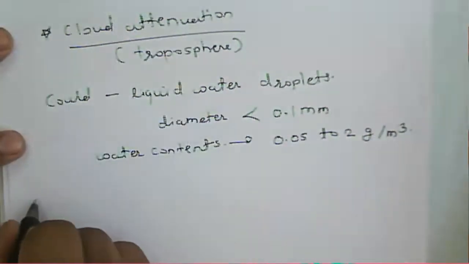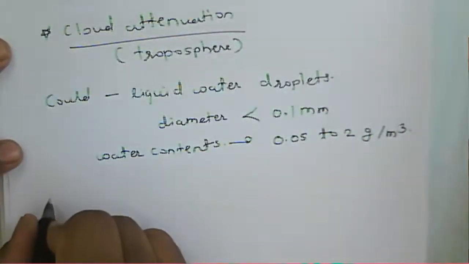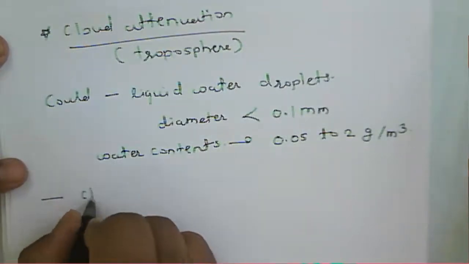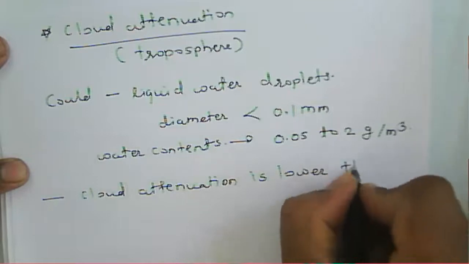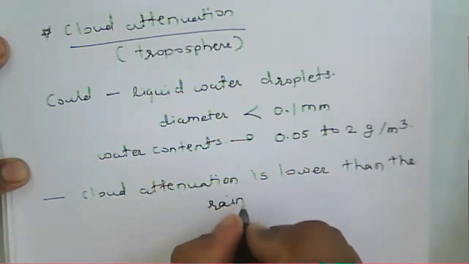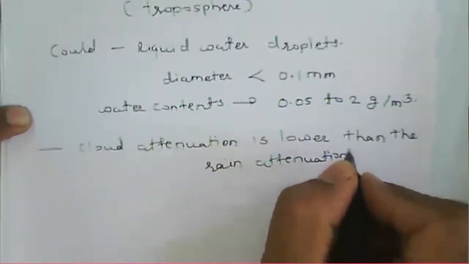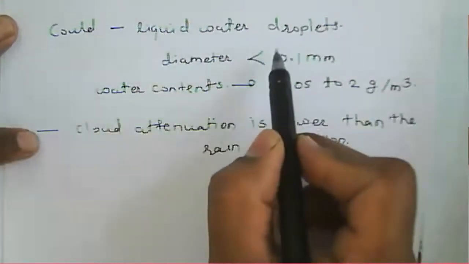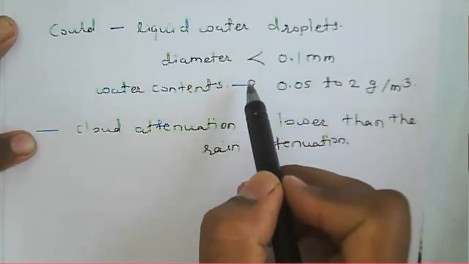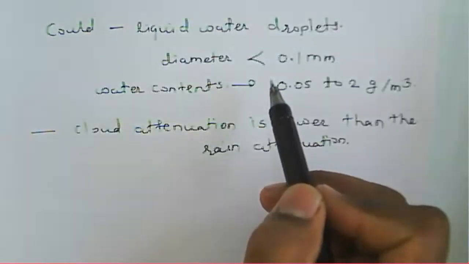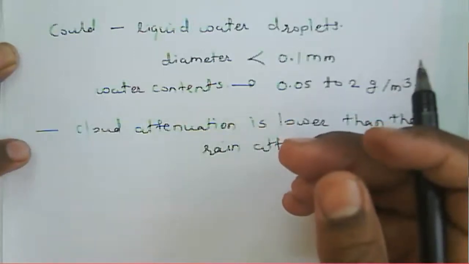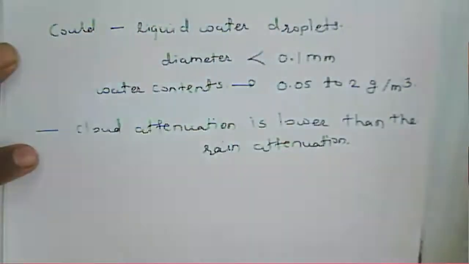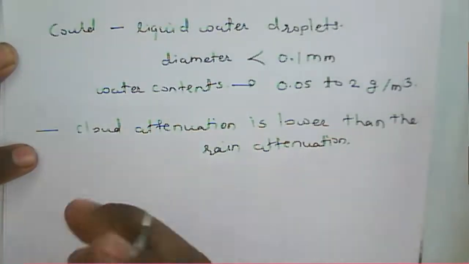If you consider cloud attenuation, it will be less than the rain attenuation. We can say that cloud attenuation is lower than the rain attenuation. But because of the liquid water droplets we have, and they have the water content, even if rain is going on, or in the presence of rain, whatever cloud or water droplets we have at that particular period of time,